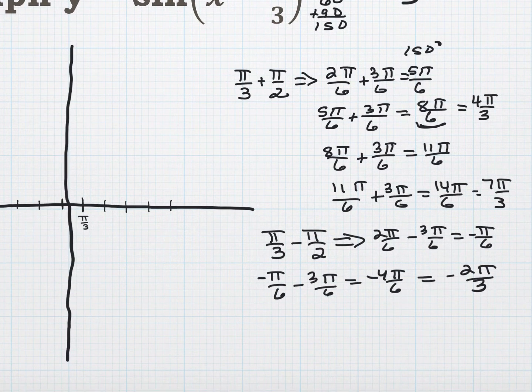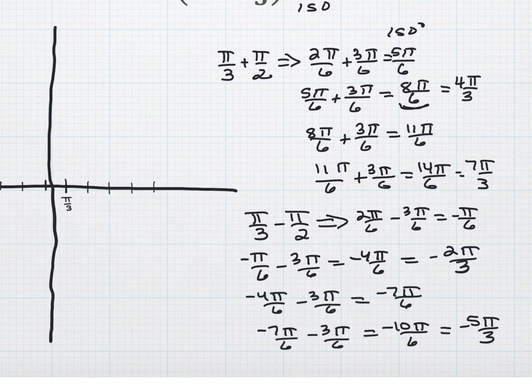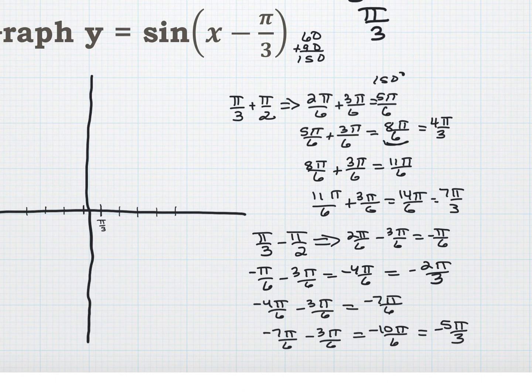Again, to get my next point, and I need 4 of them, I'm going to take the unsimplified fraction, because again, it's got the common denominator already. Negative 7 pi over 6. I'll do it one more time. Subtract 3 pi over 6, negative 10 pi over 6, and I simplify this to negative 5 pi over 3. So now let me go ahead and take all of these newly calculated numbers,